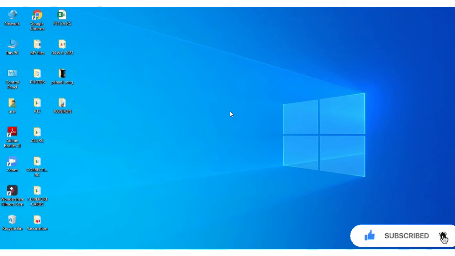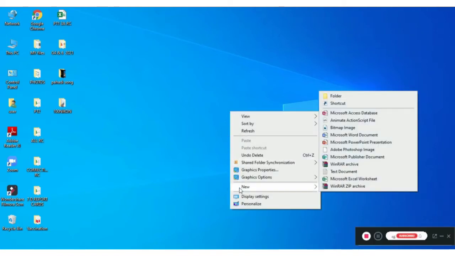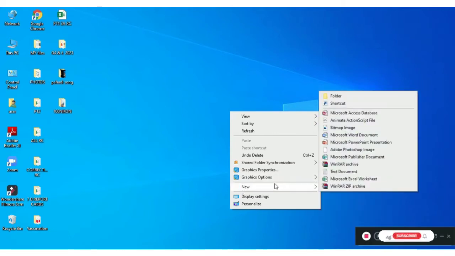Now I'll show you how we will create a new document of MS Word 2010. First we will right click with our mouse and we will get the dialog box.